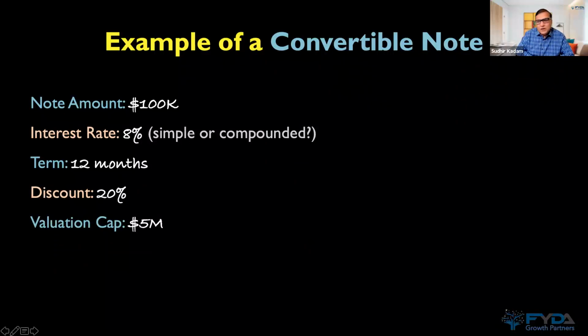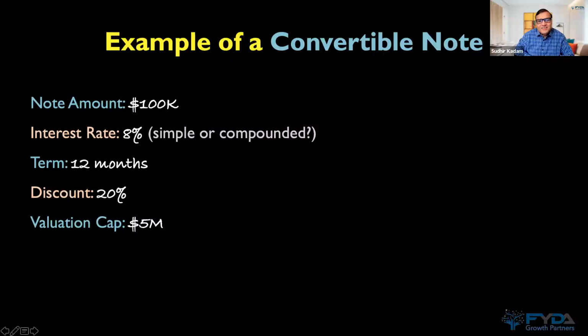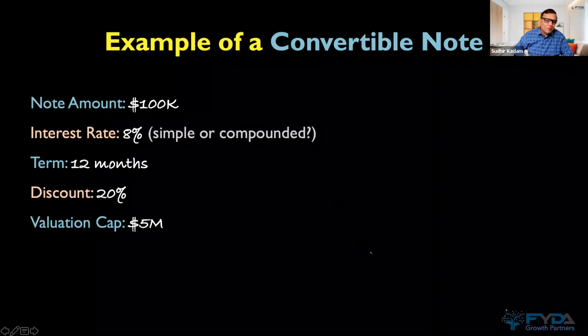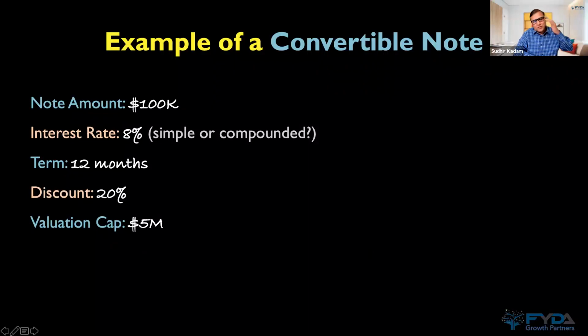Then there is something called a valuation cap. So even if you're raising a convertible note, even if it is an unpriced round, the investor will always ask you, what do you think is the valuation of your company at this point in time? So he will put you in a spot there and you should have some answer to that. What is your valuation currently? So you will have some rough number saying that, right now my company valuation is X, but I hope that it will go to Y. And so based on that, he will do a valuation cap from you.